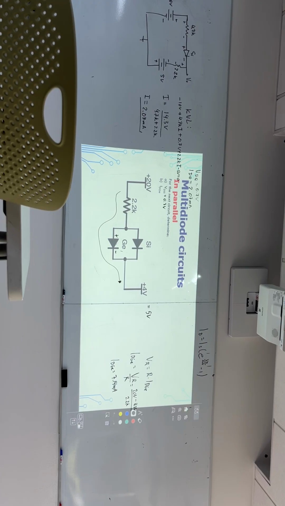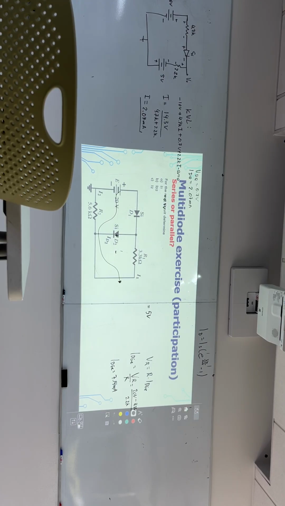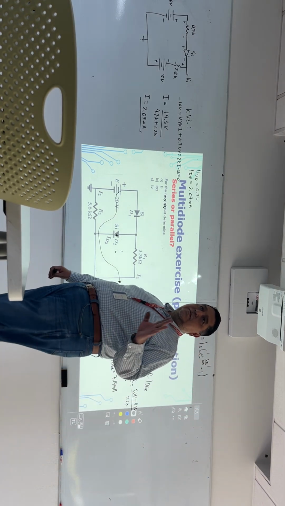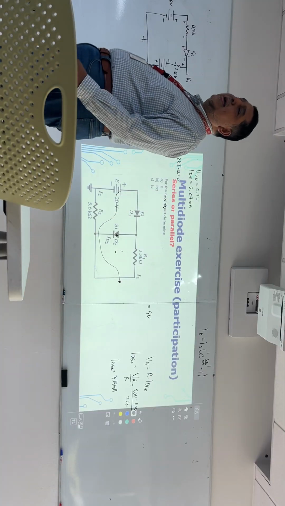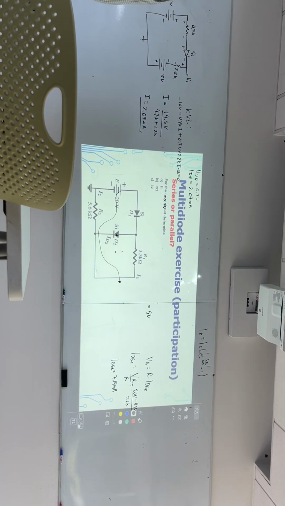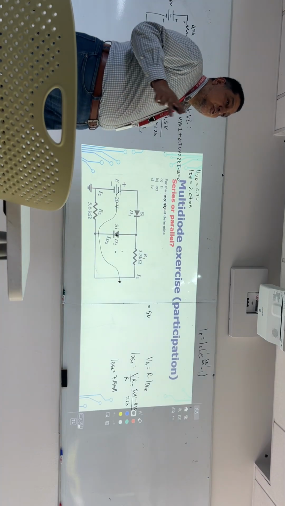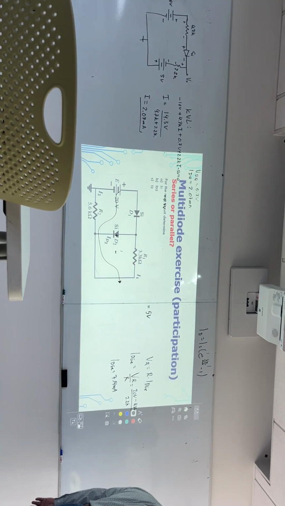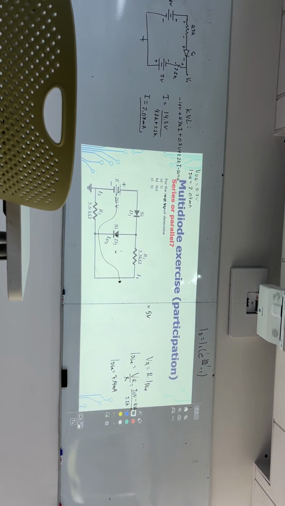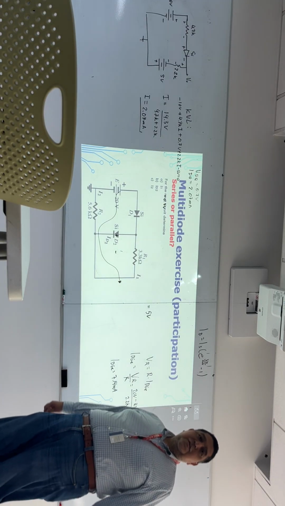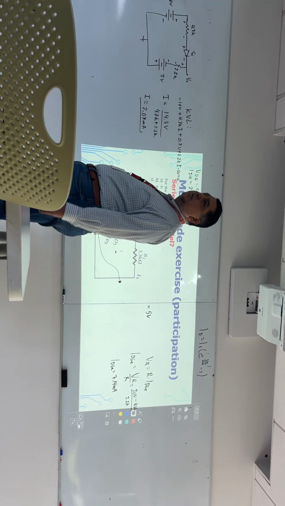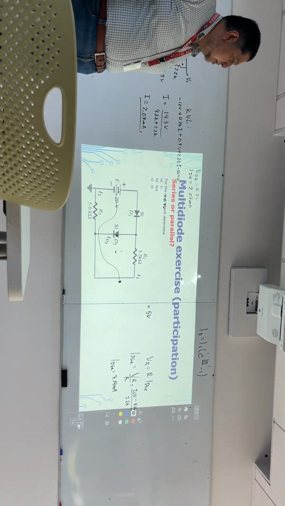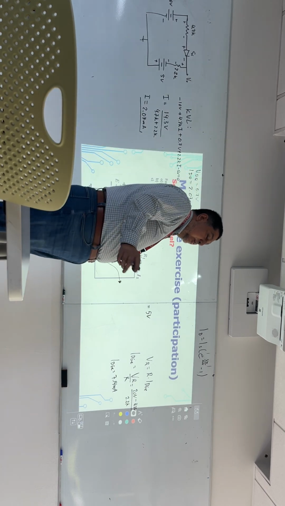Okay. The next one is your last chance to participate, but there is a rule for that. I need you to work at least in couples or in groups. I can only give you participation points, 5 points, but both of you should come here at the same time. Okay, so you want to participate. Please choose the partner. Start working on this. Come to the front, and if you are right, then both of you will get the